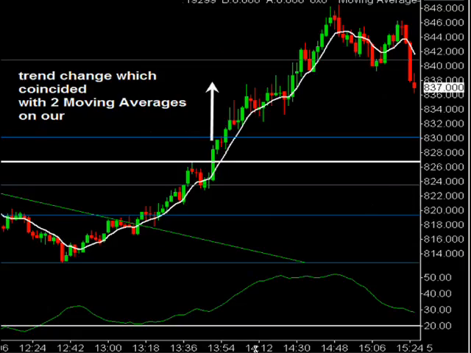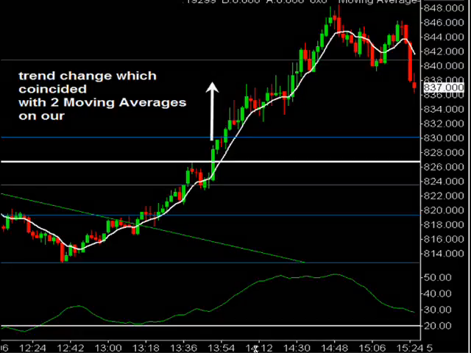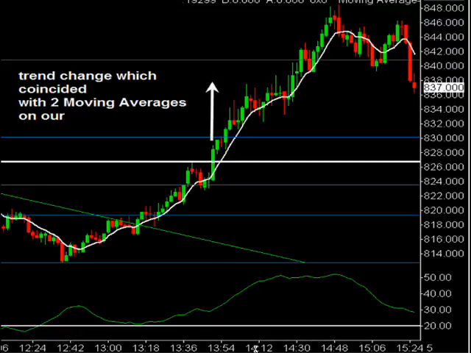Now, I wanted to show you, this was actually going on 2 o'clock when we had a trend change. And the way that you determine if you're having a trend change, the way I determine it is basically if price moves back up